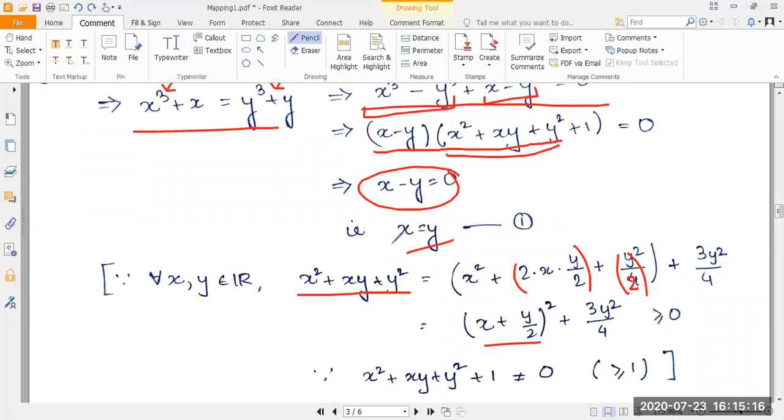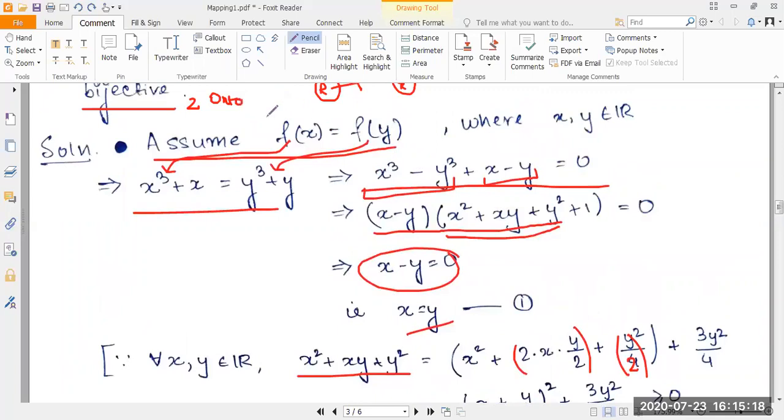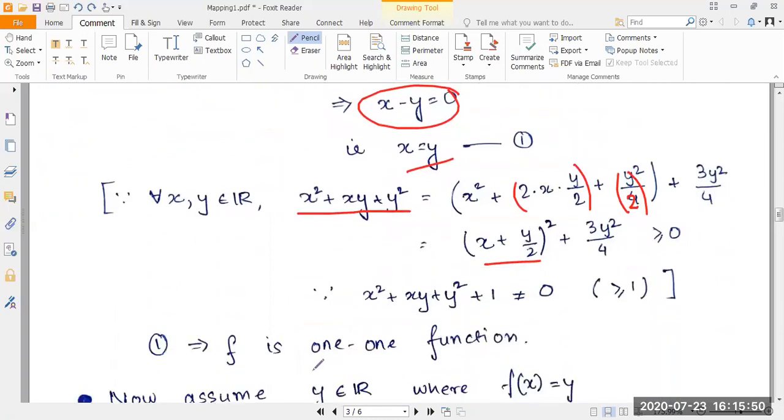and then we can say x equal to y. Now coming back to the implication, we had assumed that fx equal to fy, and by this assumption we arrive at the conclusion that x equal to y. So going back to the definition of 1-1 mapping, if we consider two same children, then we can come to the conclusion that we have also considered the same mother. So when we consider fx equal to fy, we come to the conclusion that x equal to y. This is the condition for 1-1 mapping. So by this condition, we can say that the function fx is 1-1 mapping. So that's one half of the sum done.